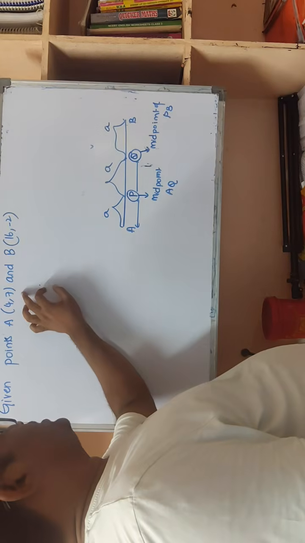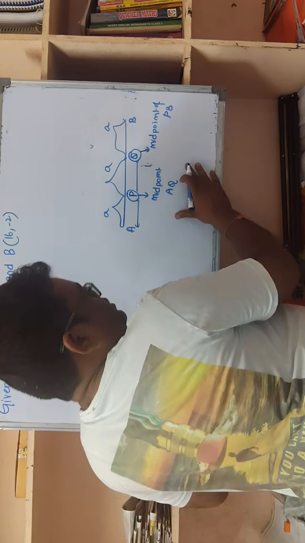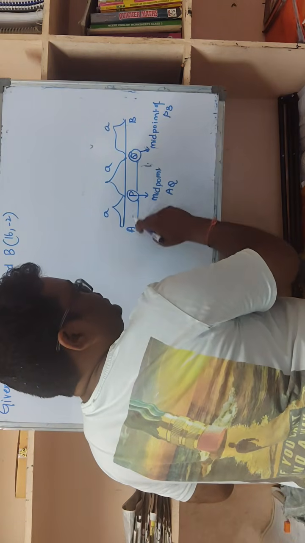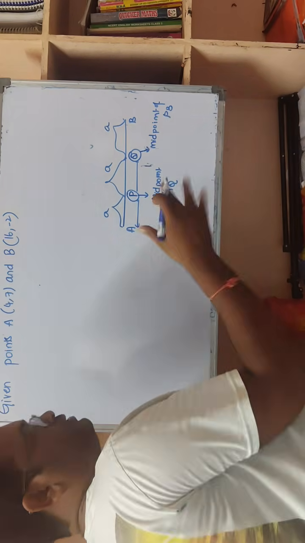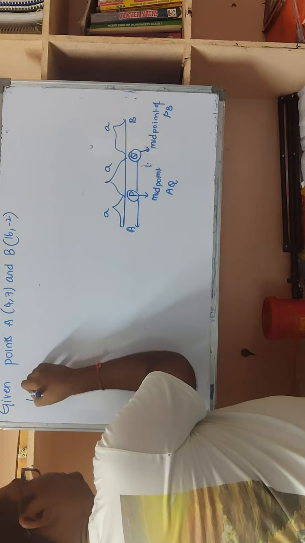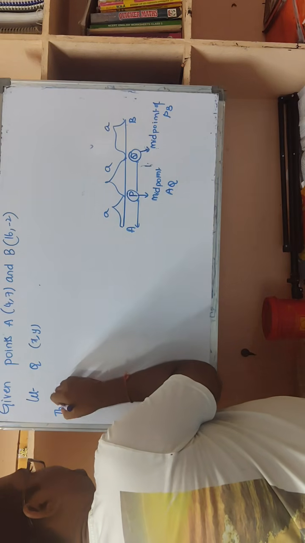Given points A(4, 7) and B(16, -2). Now we have to find out AQ, so we get the P value because P is the midpoint. What is the Q value? Q coordinates we don't know, so let us take Q coordinates as (x, y). Now the midpoint of